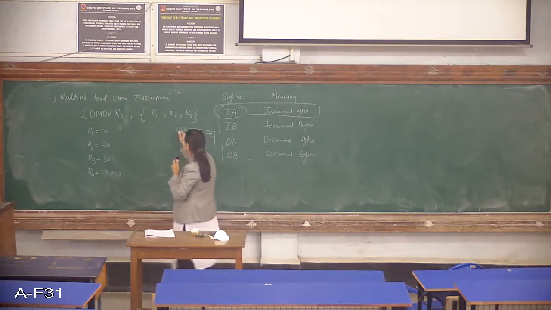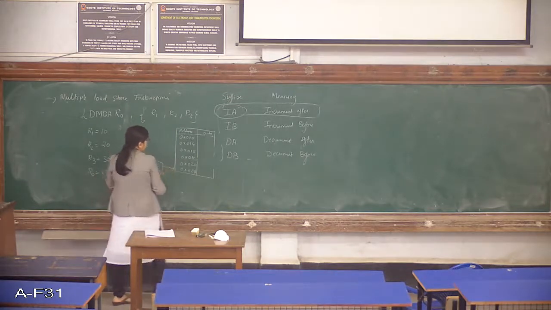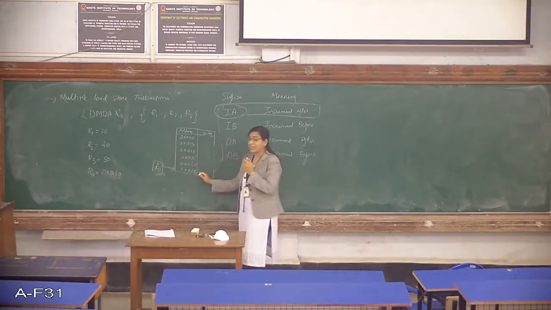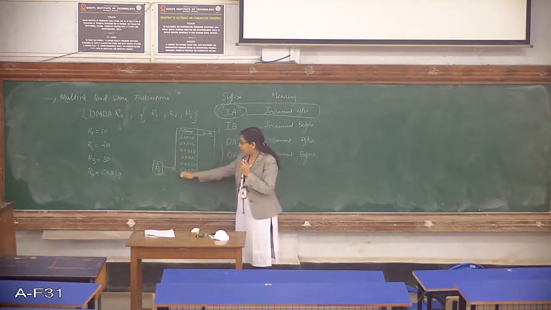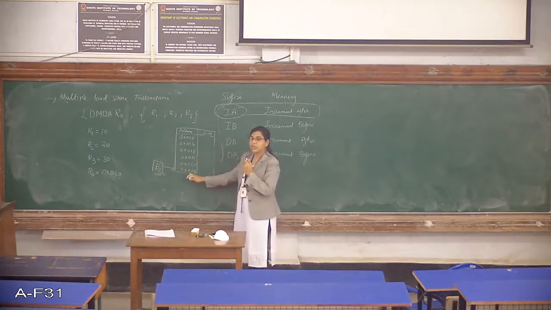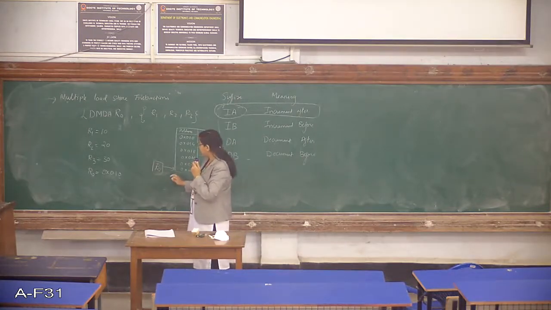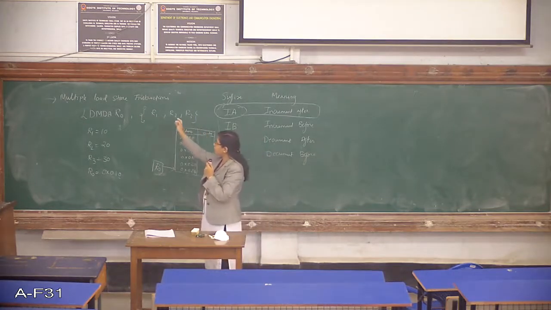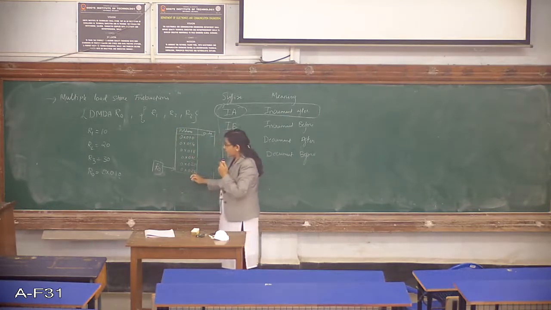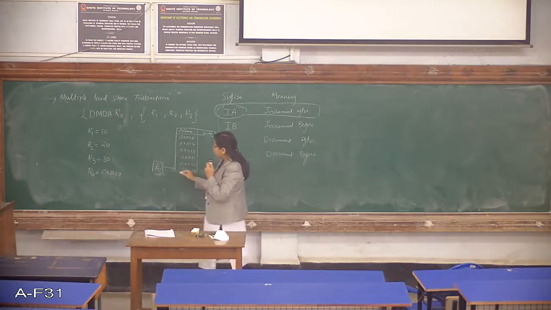Let us say the R0 is pointing to 0x024. Since I want to decrement the memory locations, I'll be going on the upward side. So I have pointed R0 to 0x024. Now what is happening here? This is decrement after. So first you will be loading the data and then you will be decrementing. And how is the sequence of loading? You start with R3, then R2 and then R1. So what is the first data you will be loading here? It is 30. Once you load the data, you decrement.